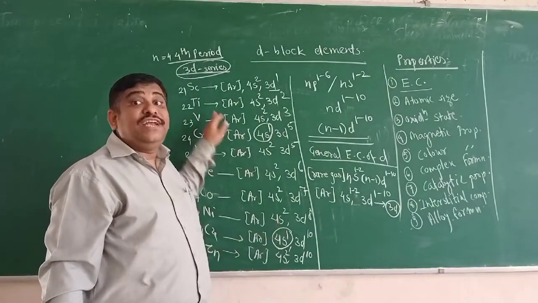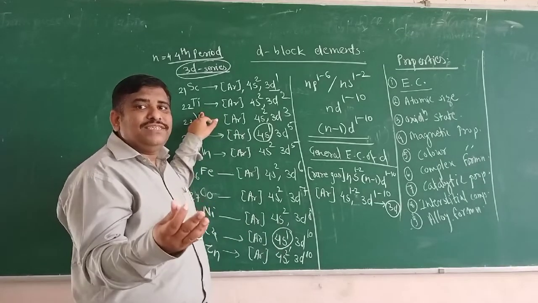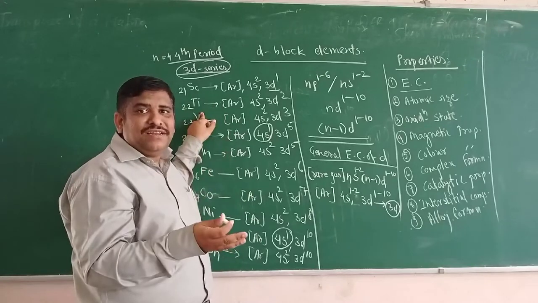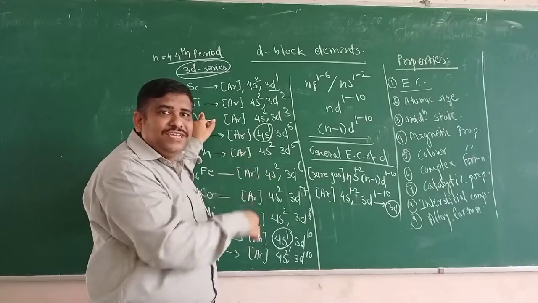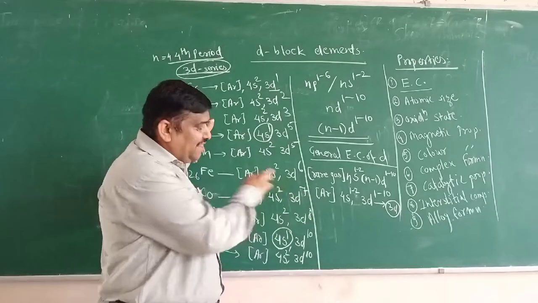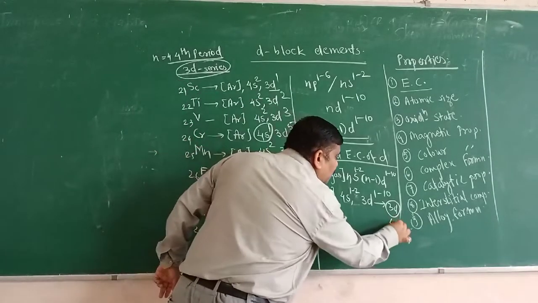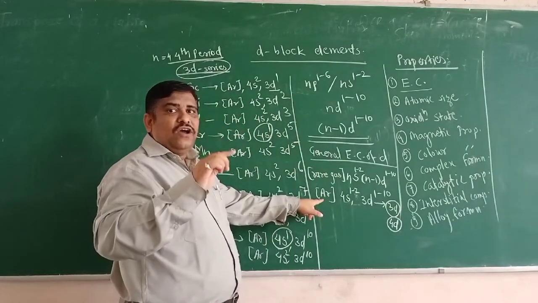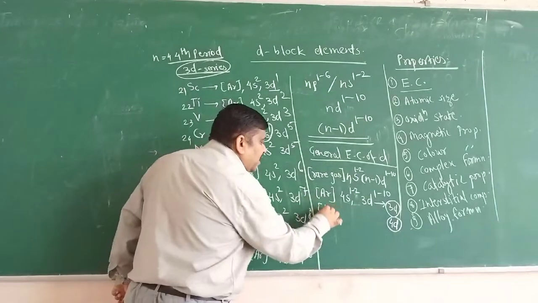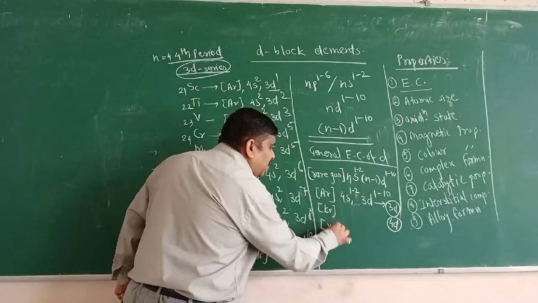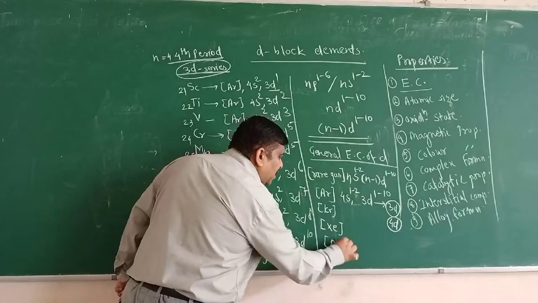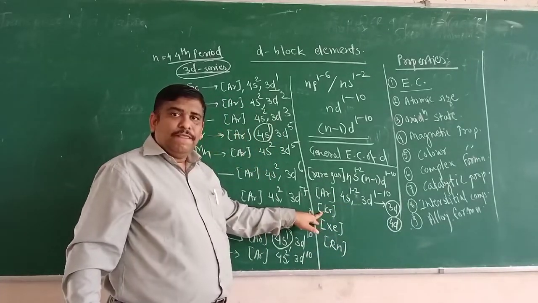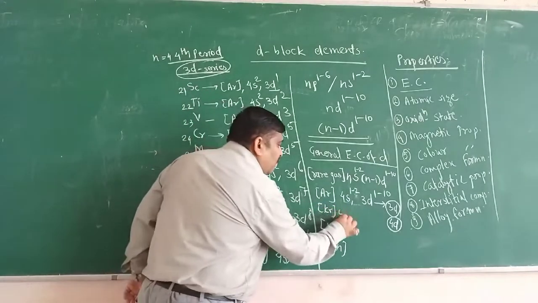The question was asked for the 3d series. Now for your batch they may ask for the 4d series, they may ask for the 5d series. Then afterwards you will complain, sir has not taught 4d, 5d, 6d. So therefore I am repeating that also. If you go for the 4d series, first the rare gas is argon. After argon you are going to have krypton. After krypton, xenon. After xenon, radon.